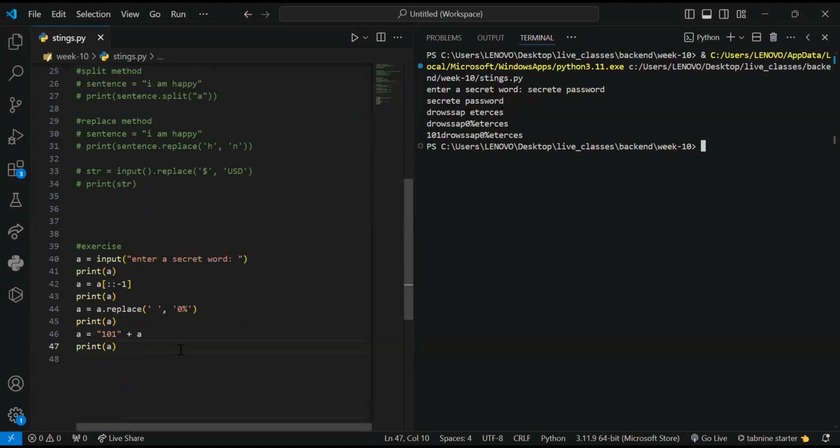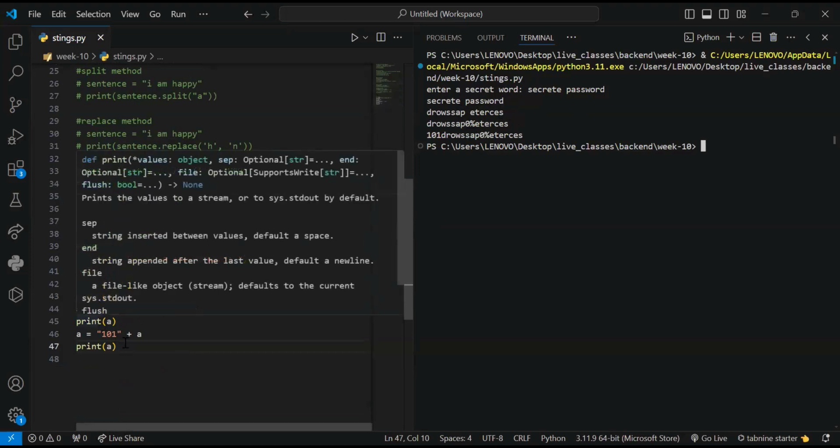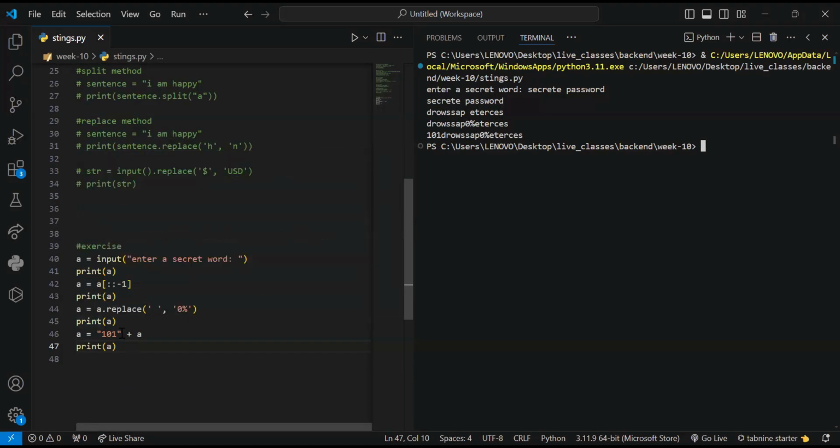And then we also said we want to replace any space there with this 0 and percentage. So you see the space between them now has 0 and percentage. And then we also want to print, we added